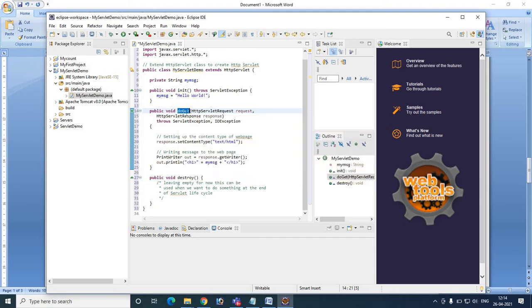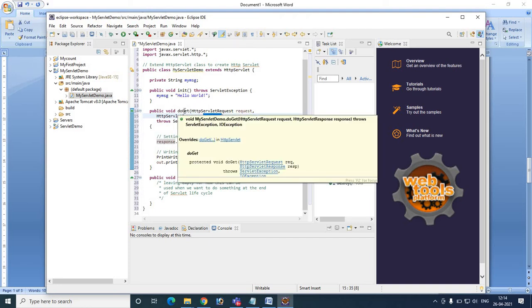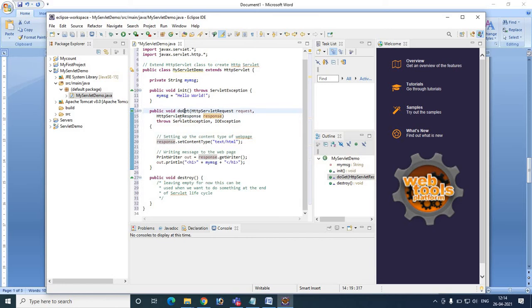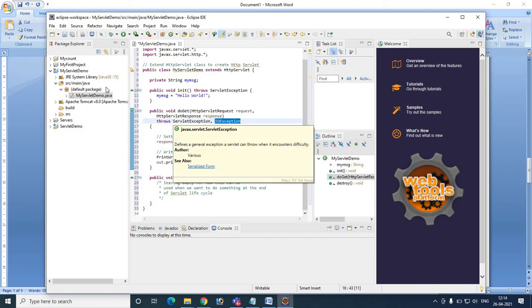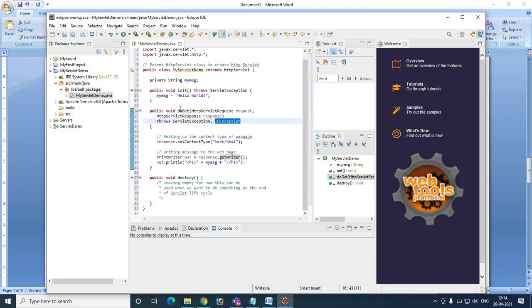So public void doGet(HttpServletRequest request, HttpServletResponse response). These are the two parameters which we have to give in the doGet method. After that we have to throw ServletException and IOException. These are the possible exceptions that may be caught in the doGet method.